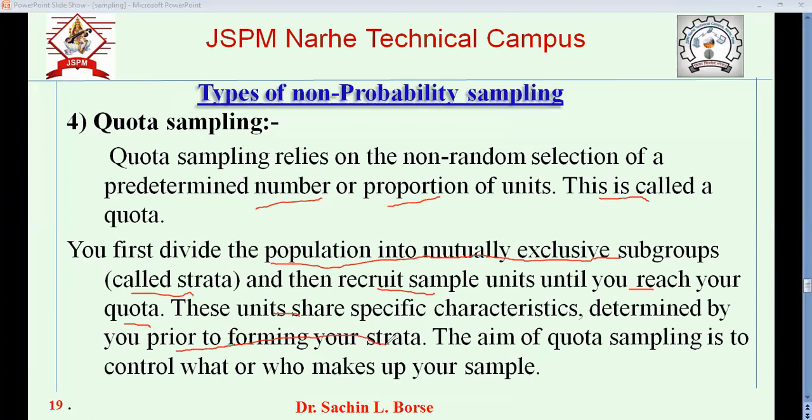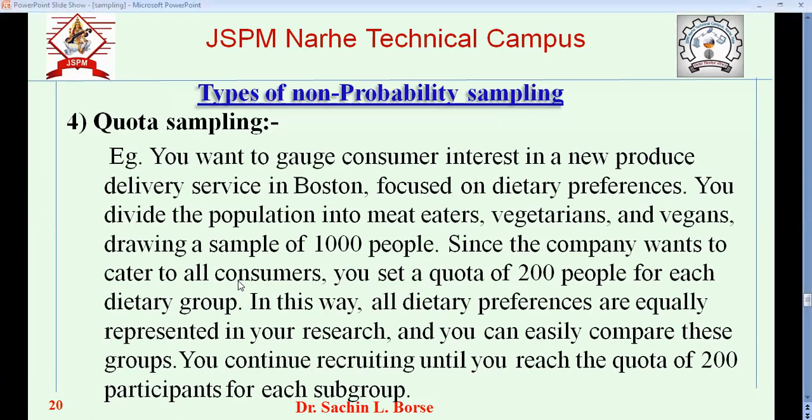As per the quota, we select items from that particular stratum. The aim of quota sampling is to control who or what makes up the sample. We'll see an example, and then you will understand quota sampling. Suppose you want to gauge consumer interest in the